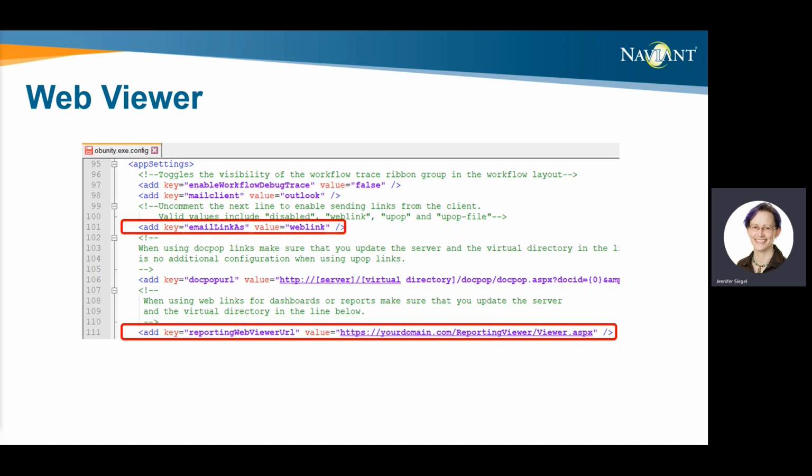And then these latter 2 settings have to be updated manually, and every time you update the Click Once package, if you're using one, as there is no wizard interface to set them. So if you're using Click Once, remember that you need to go back and modify that every time you update your Click Once package. So those 4 settings combined will allow OnBase users to create URLs that then can be used in the web viewer.